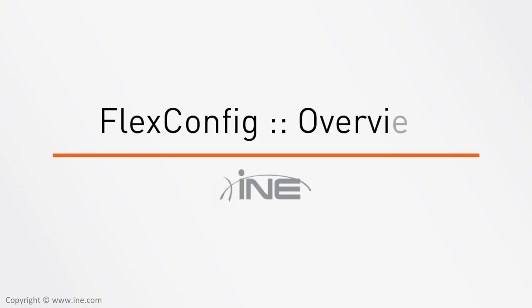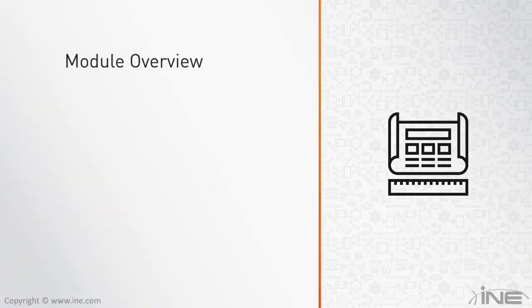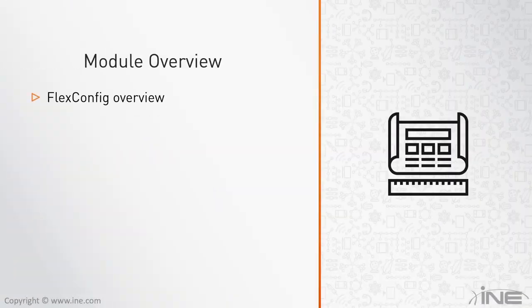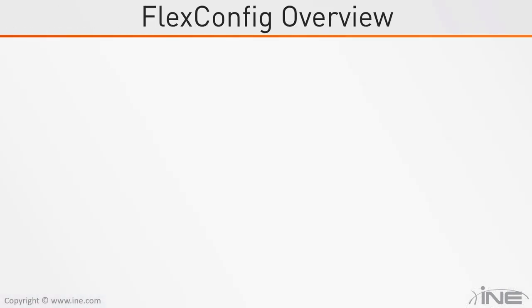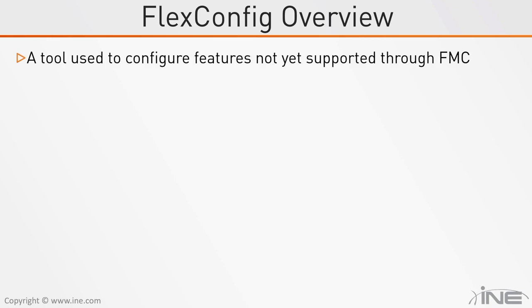In our next session, we're going to take a look at Flex configuration. As usual, I'm going to give an overview of this feature. We will take a look at certain components of Flex config, and then I'm going to show you a configuration example. Right, so the main purpose of Flex configuration is to give you the ability of configuring certain ASA features